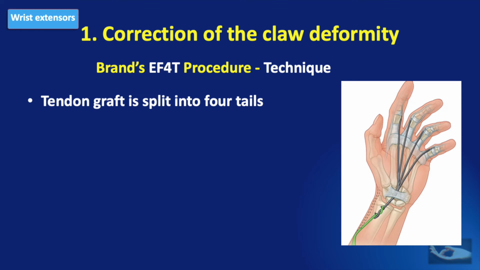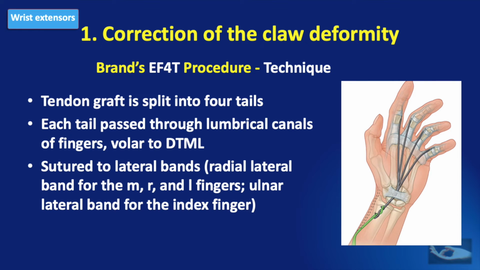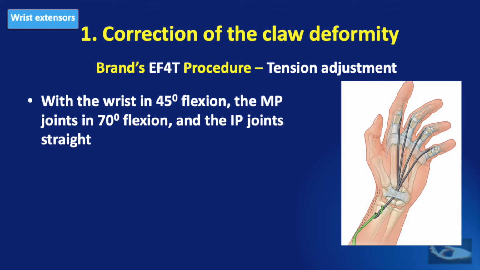This tendon graft is now split into 4 tails, and each tail is passed through the lumbrical canals of the fingers volar to the deep transverse metacarpal ligament and sutured to the lateral bands, that is, the radial lateral bands for the middle, ring and little fingers, and ulnar lateral band for the index finger. This suturing is done with the wrist in 45 degrees flexion, metacarpophalangeal joints in 70 degrees flexion, and interphalangeal joints straight. An alternate position would be to keep the wrist in neutral position, metacarpophalangeal joints in 90 degrees of flexion,